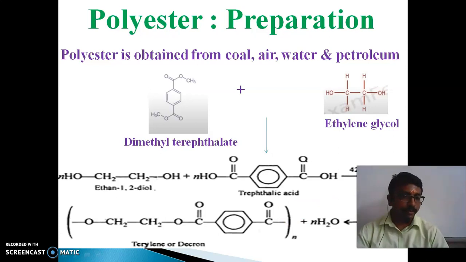What is condensation polymerization? Removal of ammonia, that is NH3, hydrochloric acid, that is HCl, and water, H2O. So here also, the water molecule is removed. You can see here. In ethylene glycol, in that alcohol compound, the hydrogen is removed here. And here what is removed? The OH is removed.